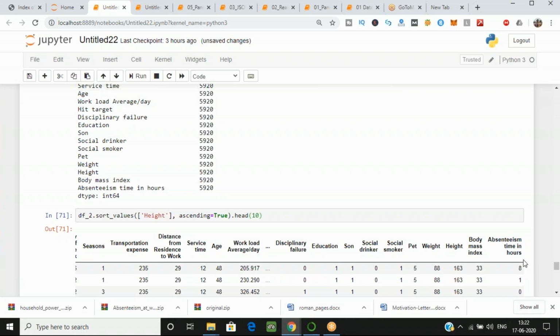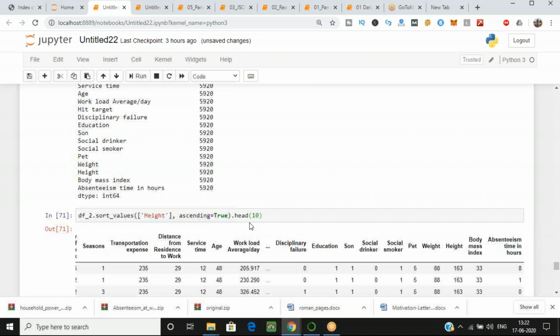Yeah, now you can see that in 71, I want the output to be in increasing order of the height, because I am having the height column. So for that we have a sort function, if you want the values in increasing or decreasing order.